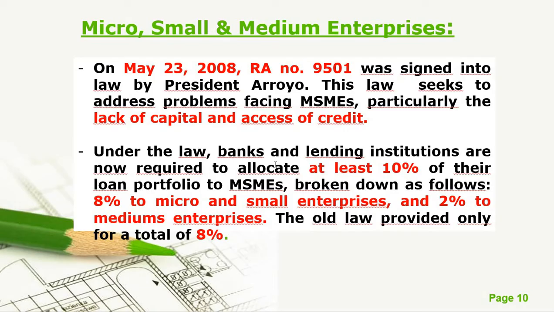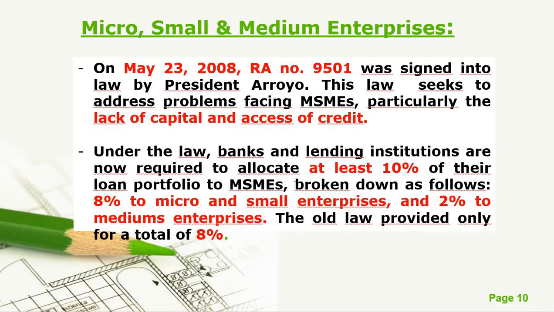Kasi namamroblema yung maliliit na negosyo kasi wala silang kapital, and banks then would not trust of lending them amount of money which they can use as their capital. But because of this law, RA 9501, the banks and lending institutions are required to allocate at least 10% of their loan portfolio to MSMEs. So, ngayon, meron ng batas no nagsasabi na dapat yung mga bangko, mga lending institution, at least 10% of their loan portfolio